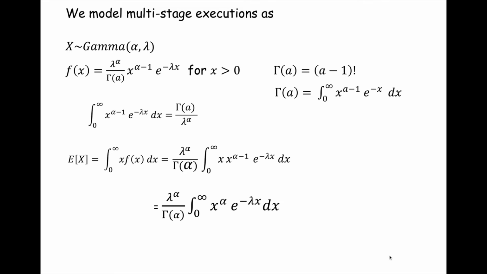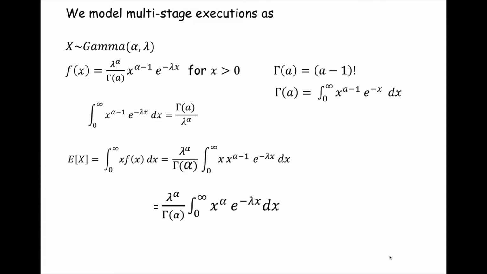So I take that infinite integral and I take x and I multiply by f of x. f of x is nothing more than this density here. So I have this leading coefficient, lambda to the alpha power over gamma of alpha. That should be alpha, not a. I'm sorry. Yeah, alpha. And then I have x to the alpha minus 1, e to the minus lambda x.